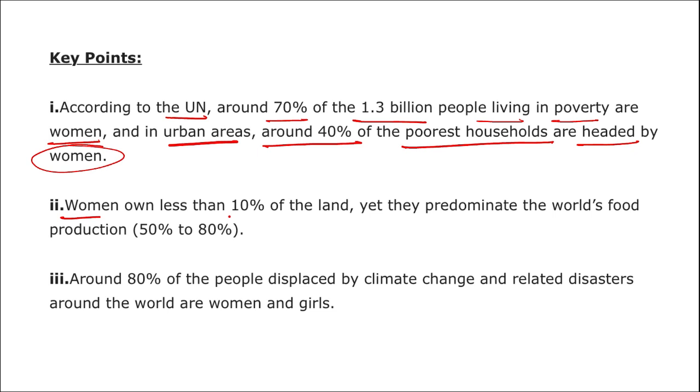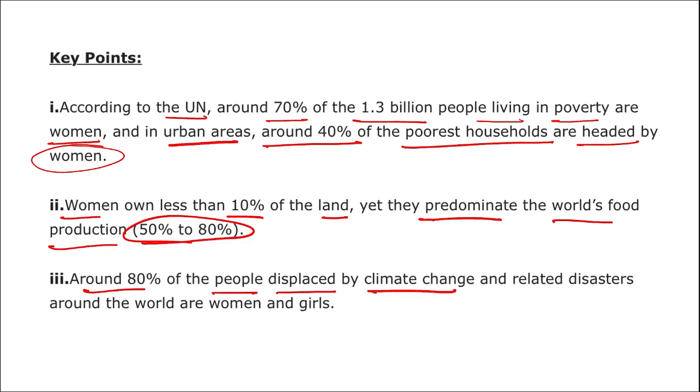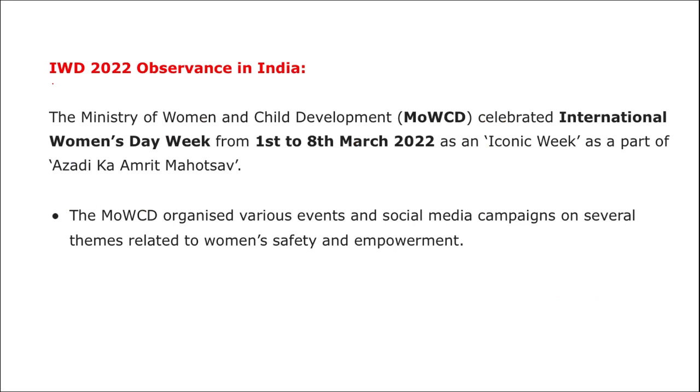Women own less than 10% of the land, yet they predominate the world's food production, 50 to 80%. Around 80% of the people displaced by climate change and related disasters around the world are women and girls. If we talk about International Women's Day in India, the Ministry of Women and Child Development celebrated International Women's Day week from 1st to